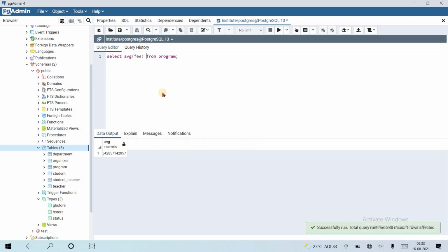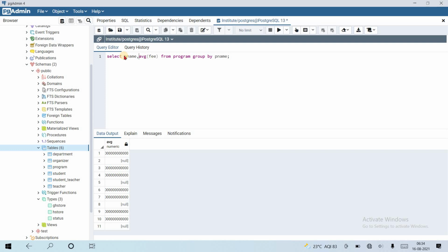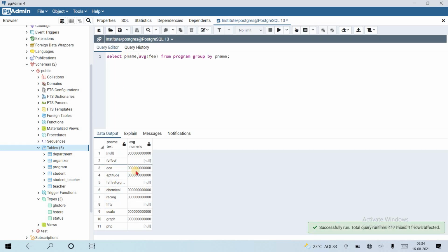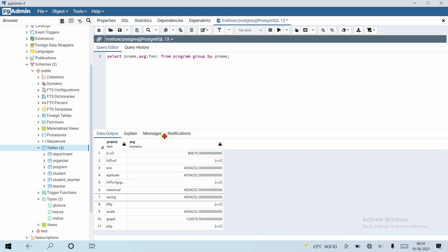Run only this, and this is the overall average, but we want group by program name, group by pname. Let's run the query. You can see that we haven't specified the pname column, so we group by pname. So echo, aptitude, each course average. If it has a null value, okay, the values are correct.